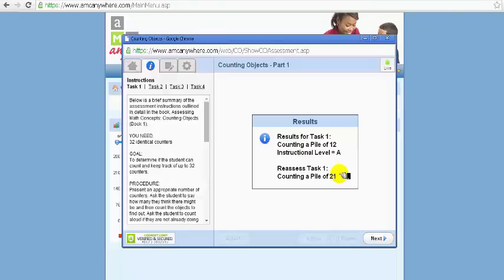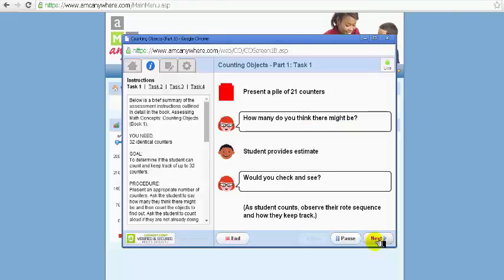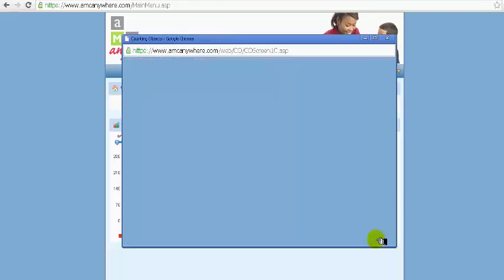The best thing is to make sure that when you are assessing the student, that the student is not able to look at your computer screen. We do not want the student to be distracted by anything that could pop up on your screen. So we want the student to be focused on the task at hand. And again, it takes you through this sequence again. And it's going to keep going until the instructional level is no longer